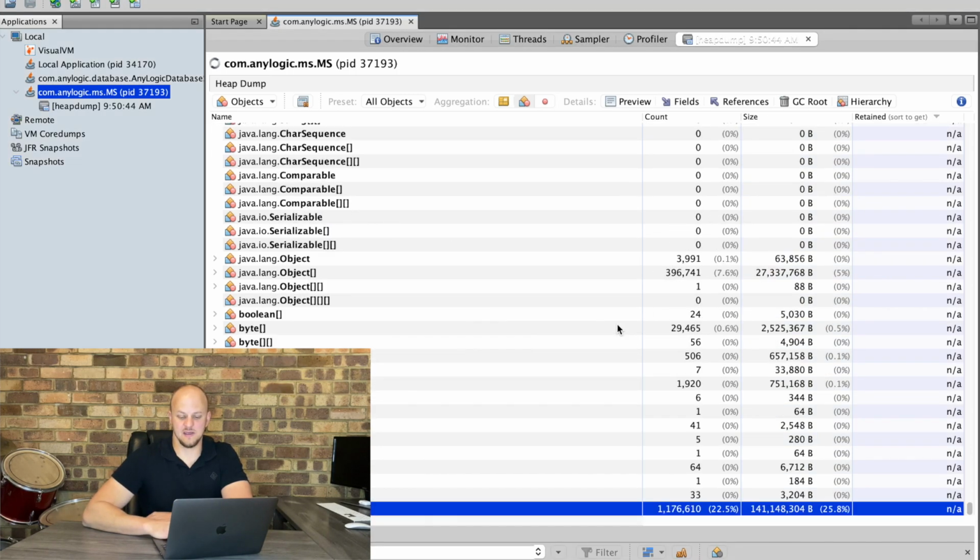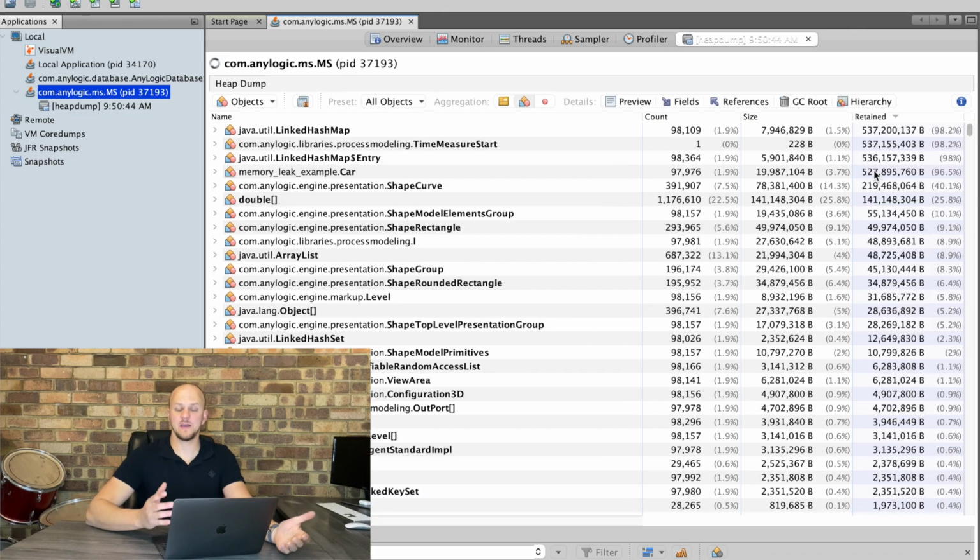And this is going to take a few seconds. You can watch the progress here at the bottom. We'll just fast forward to this for the video. Okay, so now that we've calculated the retained size of all the objects, we can use this aggregation here at